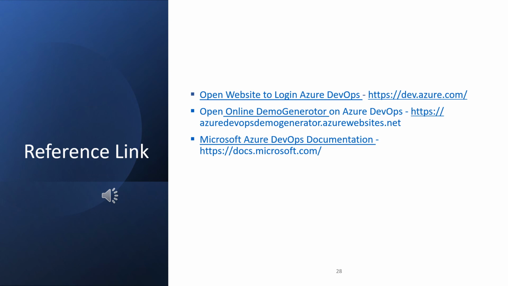The last link I have given is for Microsoft Azure DevOps documentation, where the entire Azure DevOps details and how we will work on Azure DevOps, all that documentation has been given there. So you can definitely explore this, and it is going to be very helpful.